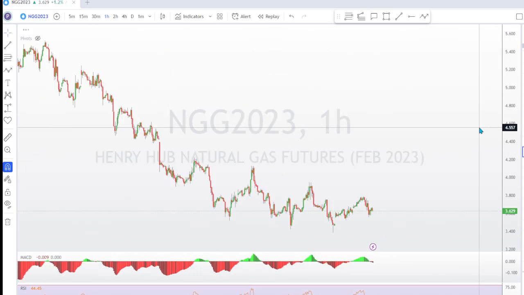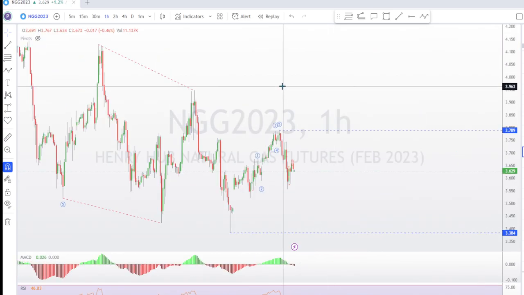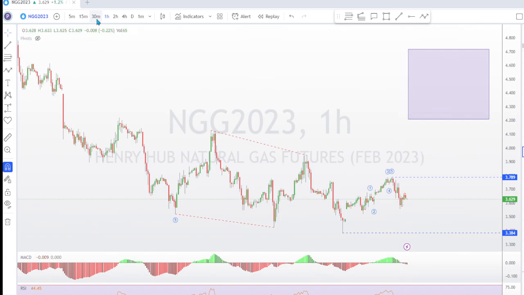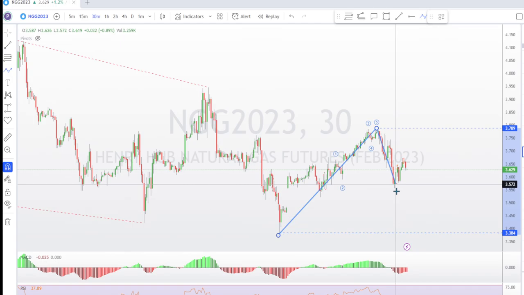And natural gas. So they completed a leading diagonal early this morning at 5 o'clock on the futures market. So I've got 5 waves up, and now they've started really coming down hard. And I'm looking at it 2 ways. Either